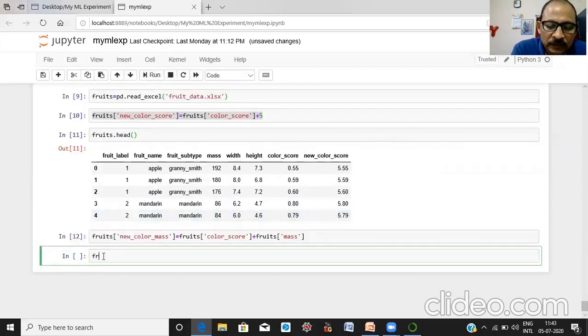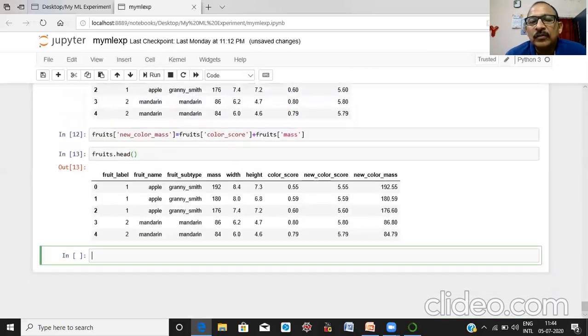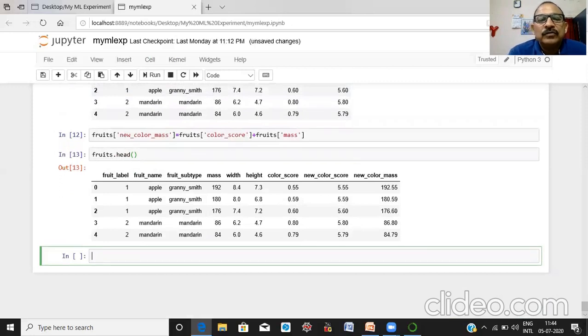Now let us see fruits head. You can see we have created a new column, new color mass, from the existing two columns.